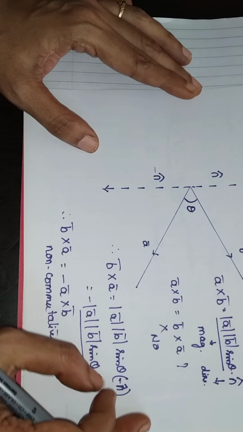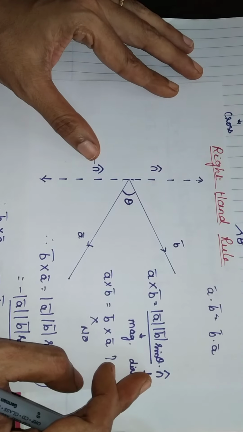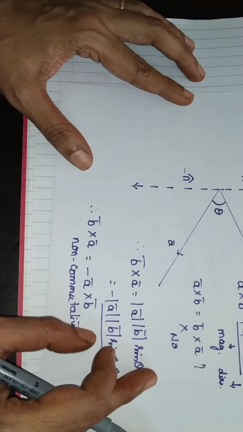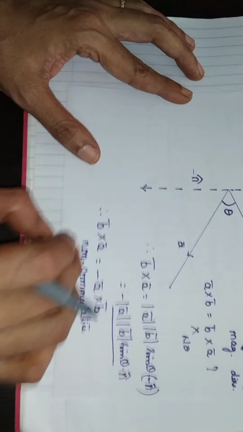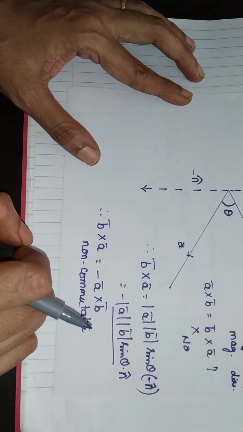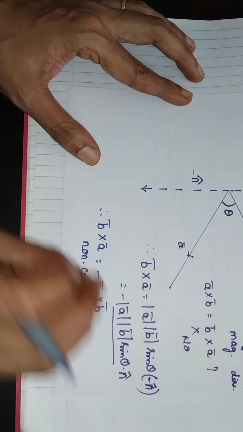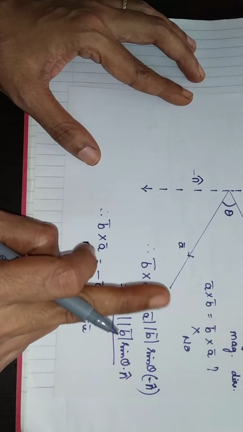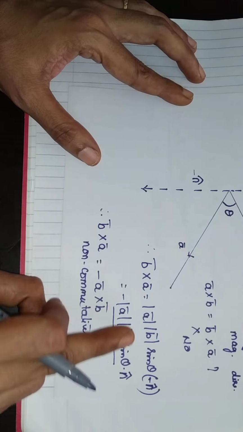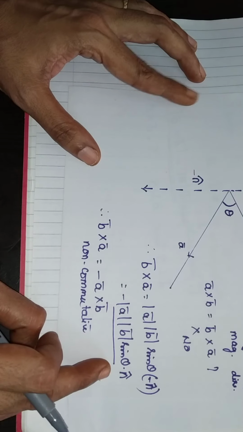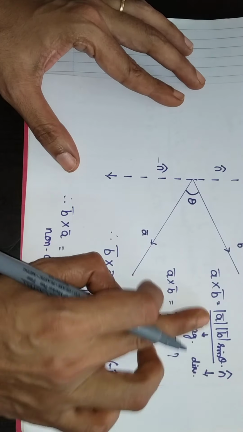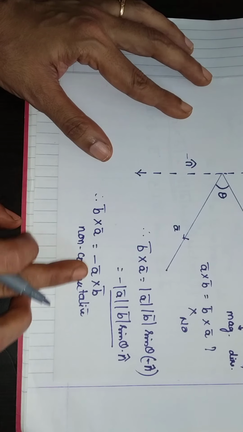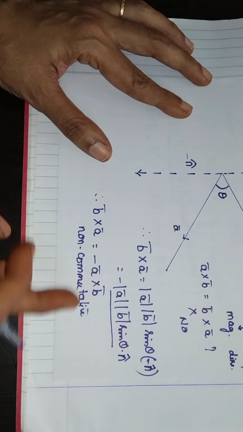So just to show you the right hand rule, I had to take the lecture in this way. I hope you understood the right hand rule and how to determine the direction of A cross B. Remember, A cross B is the cross product of vector A and vector B. It has a particular direction because it's a vector, the resultant, which is perpendicular to both A bar and B bar. This property gives us the definition of A cross B. And B cross A is written as minus A cross B because it has the same magnitude but the opposite direction.